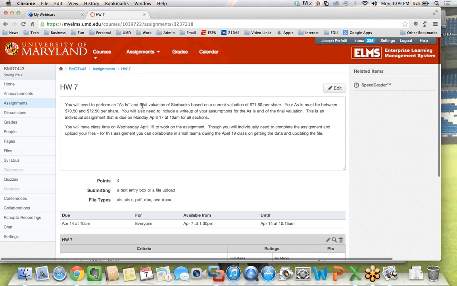But it basically says we need to perform an as-is valuation of Starbucks at $71.50 a share, which means we have to get our initial stock price between $70.50 and $72.50, and then we have to give a write-up of our assumptions for as-is. We also have to do a final valuation. So again, just like your homework for Coke, you're turning in 3 files, and then you're putting in the write-up of assumptions for both. So in this case, for Starbucks,